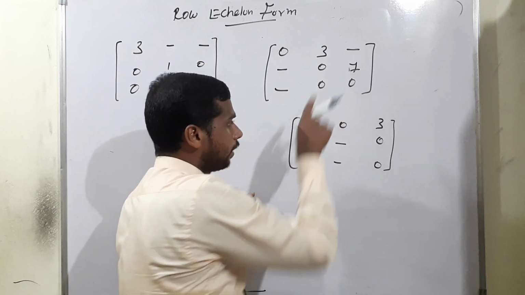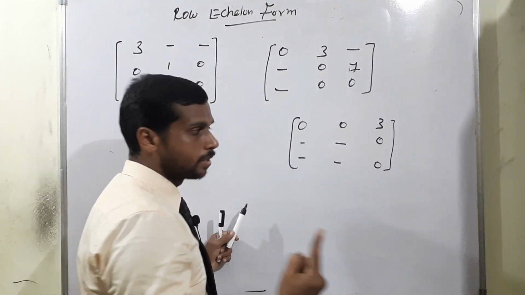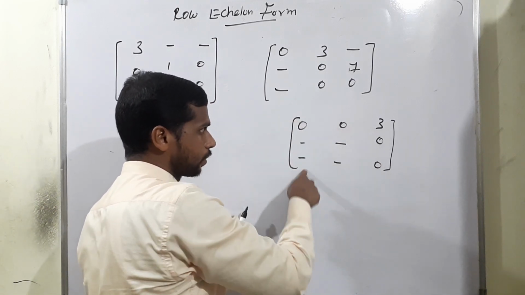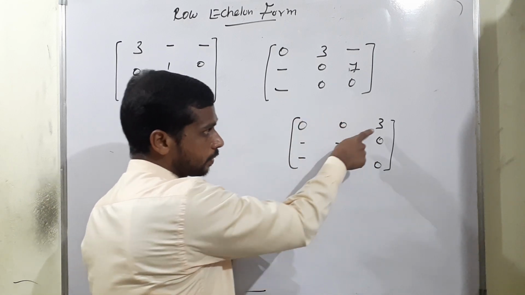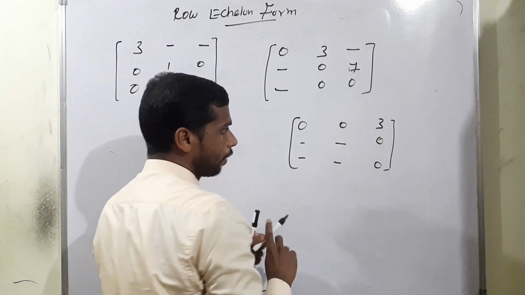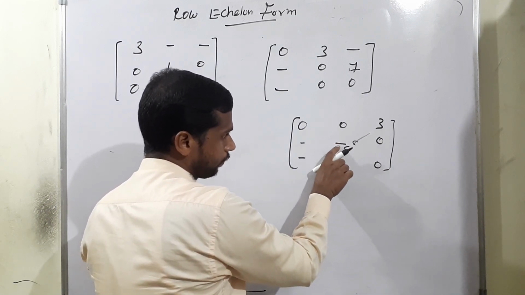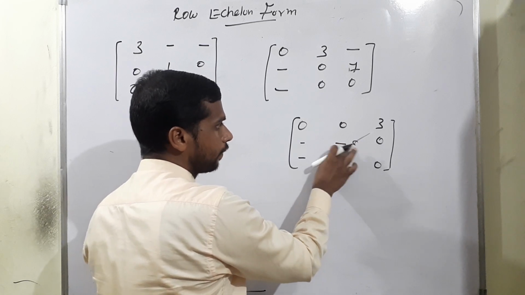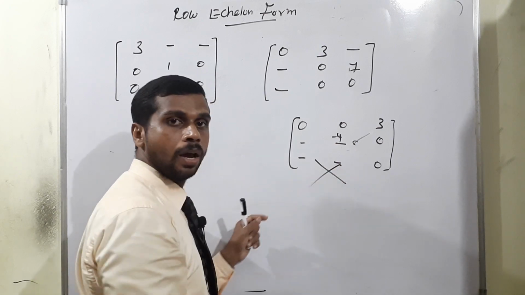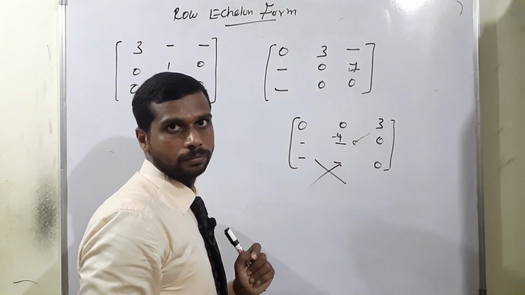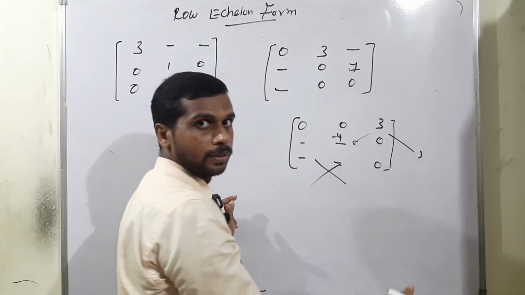This is the way. Then the third one, look there, where does the non-zero digit start? In the third column only. That's why the first column and second column will be completely 0 when starting the non-zero digit under the terms. If on the left side any number comes, where I have put a dash, instead of the dash any number like minus 2 or minus 4, then this is not a row echelon form. But on the right side, any number can come. That is not an issue.